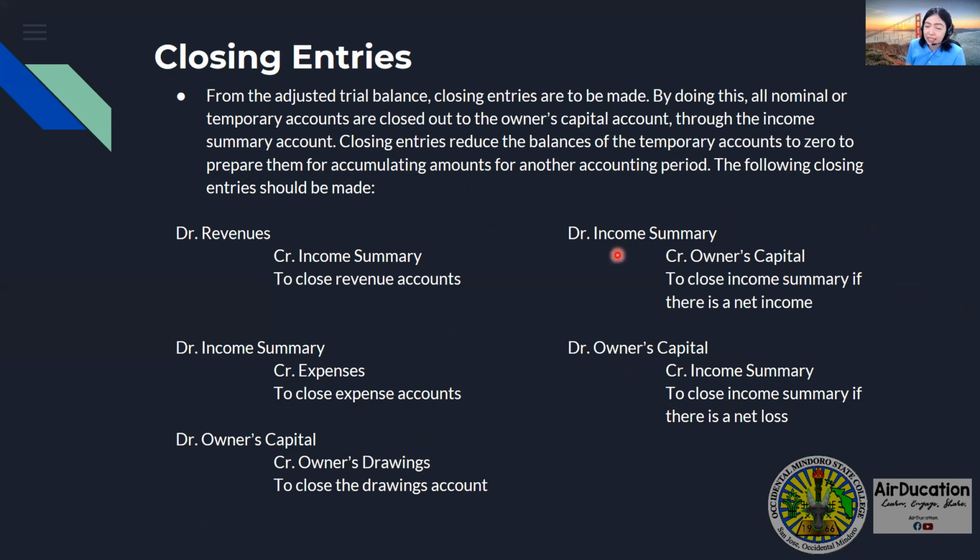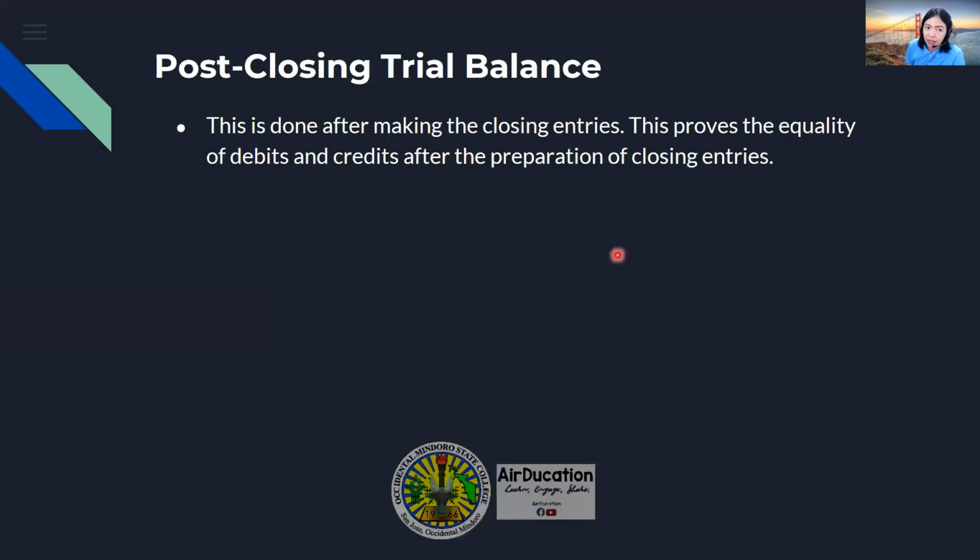Alright? And lastly, since nakagawa na tayo ng journal, nakapag-summarize sa ledger, nakapag-summarize sa trial balance, since nakapag-journalize ka na ng adjustments, gagawa ka ngayon ng adjusted trial balance, okay? After nun, financial statements, closing entries, and the last part of